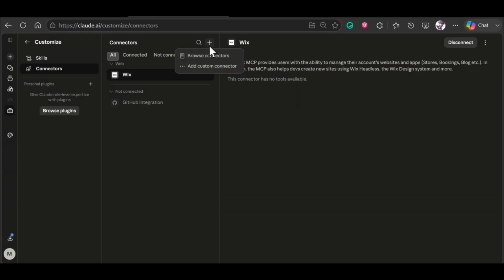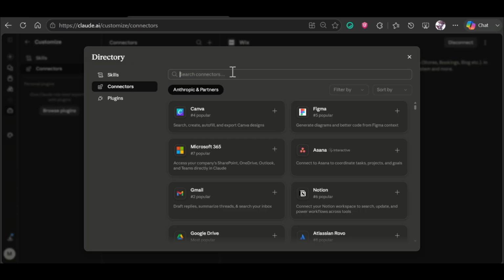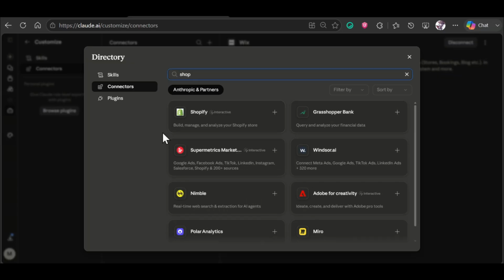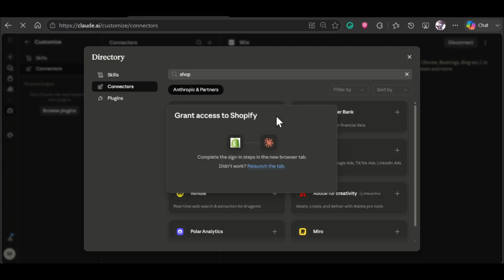You need to click on the Add Connector button, as seen from here, and then click on Browse Connectors. After that, you need to search on the search bar for Shopify. As you see, here is Shopify. You need to click on the plus button, and now you will be redirected to a Shopify tab to actually